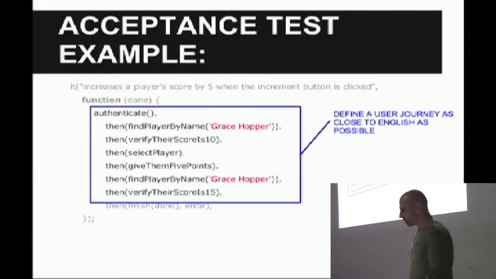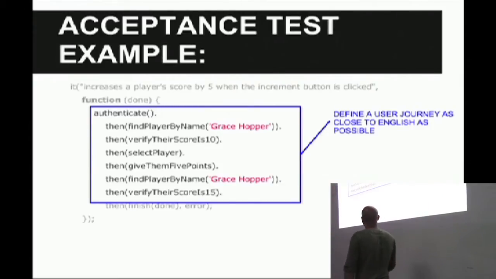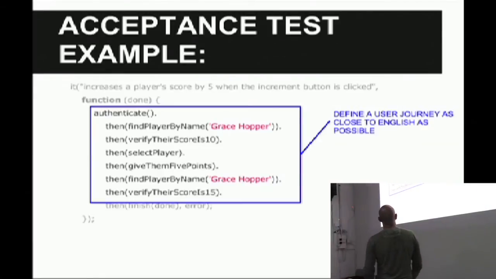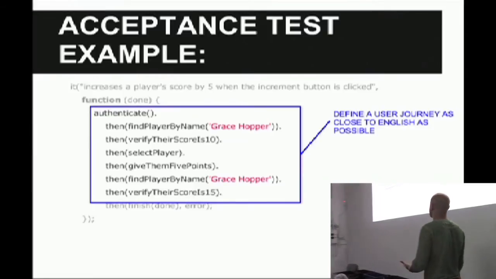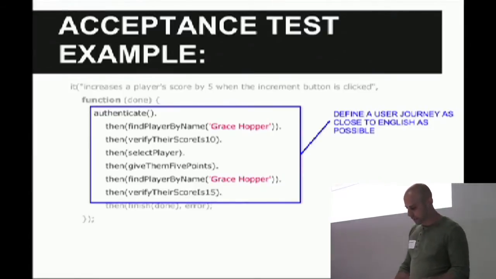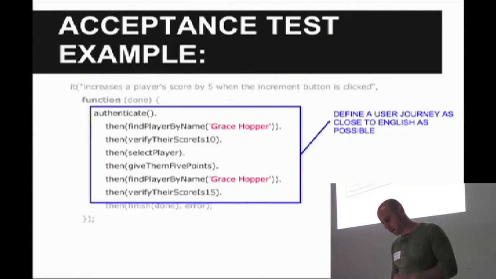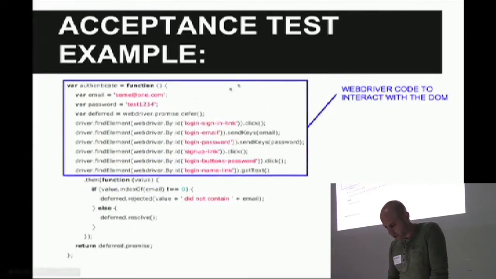Right. So, in this case, we write it in pure English. So we say first, we want to authenticate, then we want to find the player by name, and then we're going to verify their score is 10. Then we're going to select that player, give them 5 points, find them again, and make sure that their score is 15. So if you look at the code just for the authenticate, what you can see here is